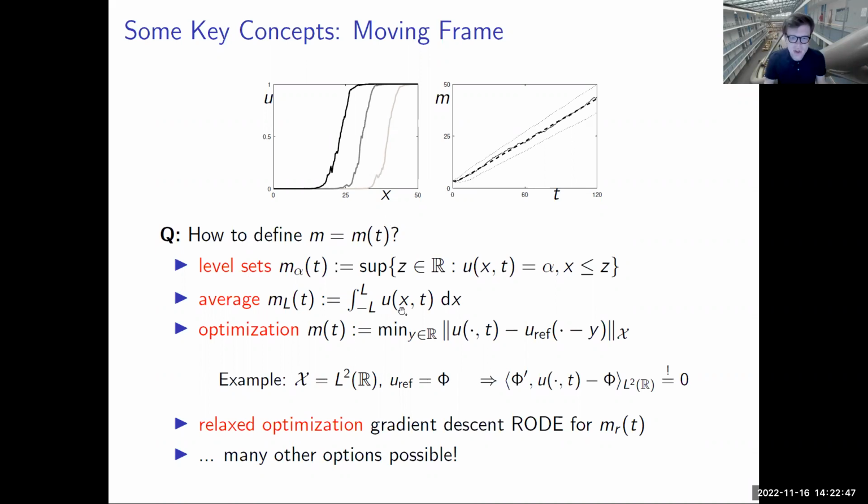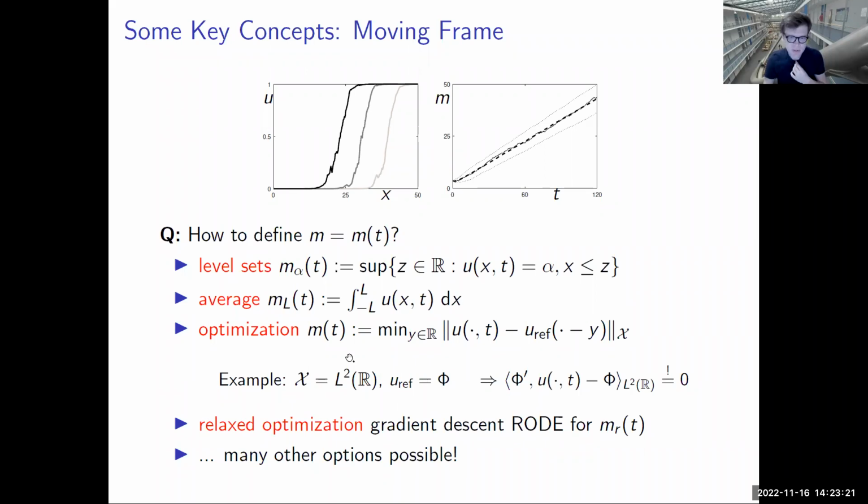You could take an average: on a finite domain, which is sufficiently big, I check the area under my curve. And of course, the area under my curve is moving. So it would tell me where my wave is relative to the area that I have computed. And this is actually what I plotted here on the upper right. It's just over a fixed window, the area. And of course, that area is changing if my wave is moving. And it's more robust than just the speed, because it tells you an average quantity. But the area is not so nice for mathematical purposes.